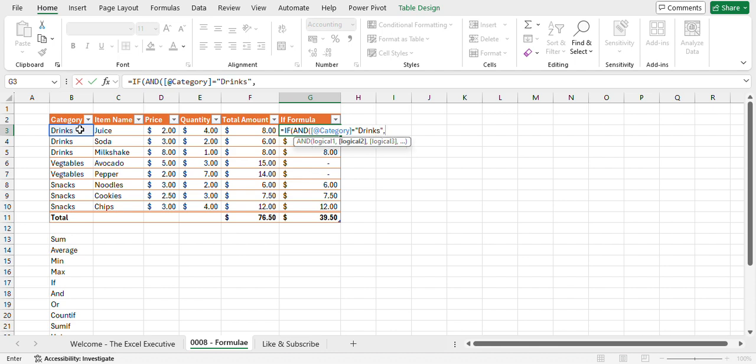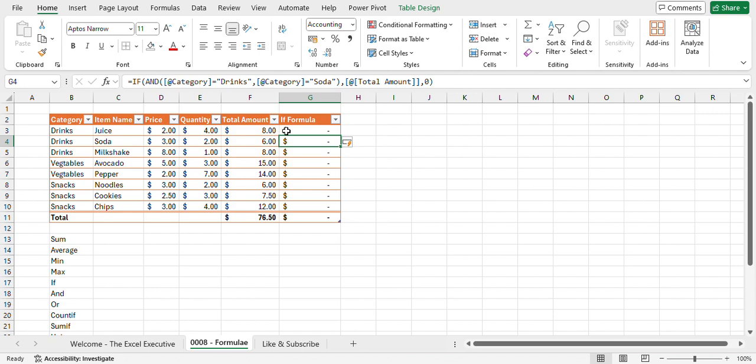This is the first condition. The second condition is category equals soda. So in this case, both of these conditions should be fulfilled. If the row fulfills both conditions, give me the total amount. Otherwise, give me 0. When I press enter,